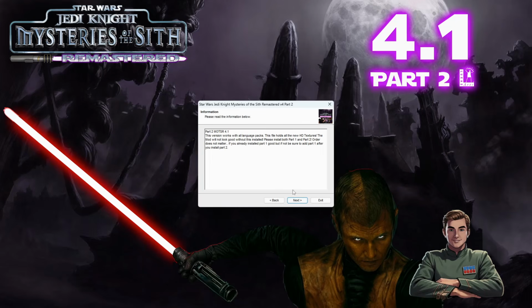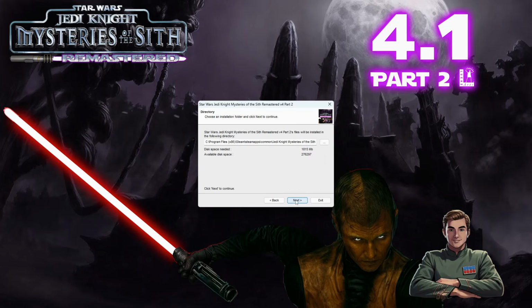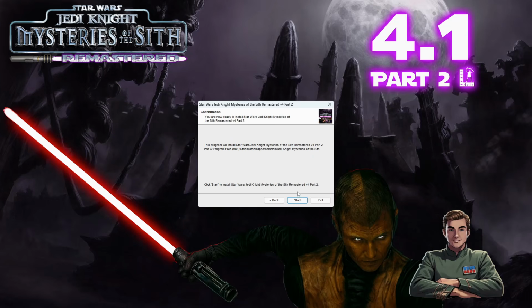And there's literally no difference between part 2 of the Open Jedi version versus this version. I did update it though, because I wanted to update the icon, but literally nothing else has been changed texture-wise between 4.1 versions of part 2 of this version versus the Open Jedi version. So they're both the exact same thing. Don't quote me on that for future versions, because it could be different, because I know there are a few